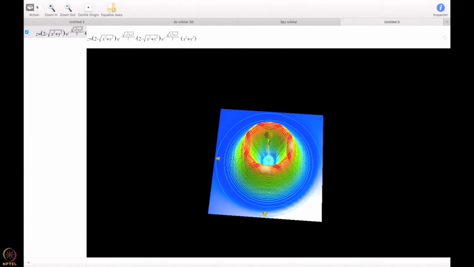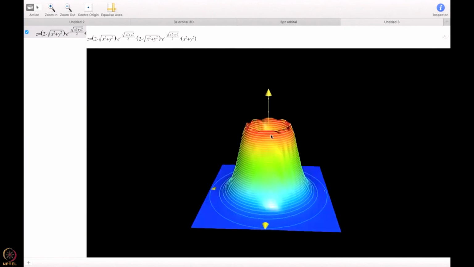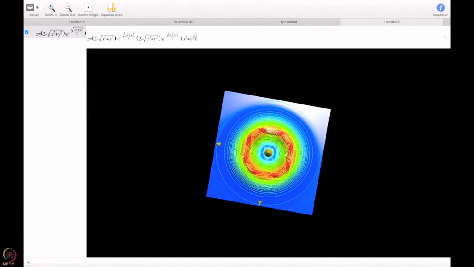It is a little difficult to see, looks like the crater of a volcano, does not it? And our vision is a little messed up by this arrowhead, that is part of the software, let us not bother about it. But inside the crater, like that lava down below, do you see the second peak? This is the inner peak that you have for r square multiplied by capital R square, and that is much smaller than the outer maximum that we have. This is a maximum of the inner one at r equal to 0, much smaller compared to this, even though the wave function itself, if we just plot the wave function itself,